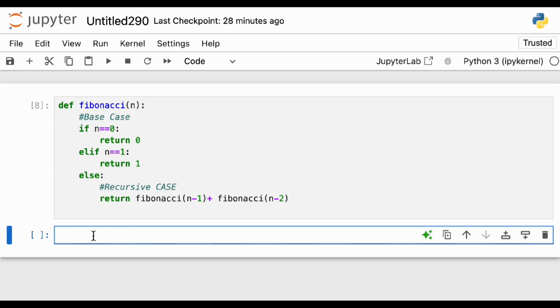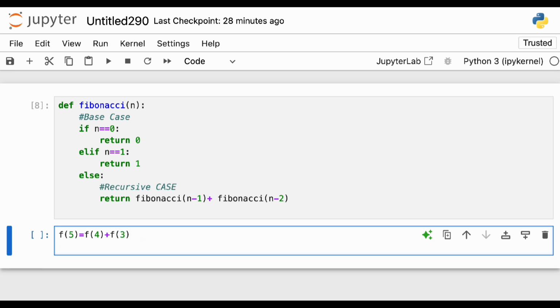Suppose someone calls the Fibonacci of 4. So what will it be? Let's say someone calls Fibonacci of 4 or 5, for example. Fibonacci of 5, you will say, okay, as we just saw, it is equal to Fibonacci of 4 plus Fibonacci of 3, right? And then you will say, okay, f of 4 will be equal to f of 3 plus f of 2.